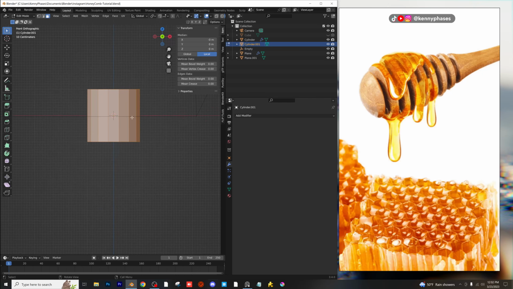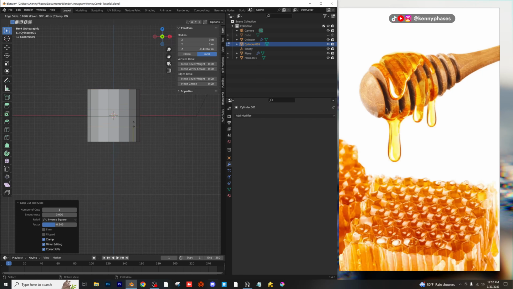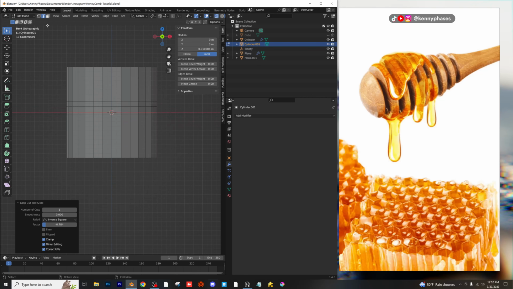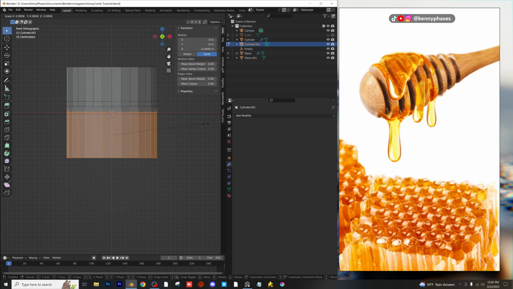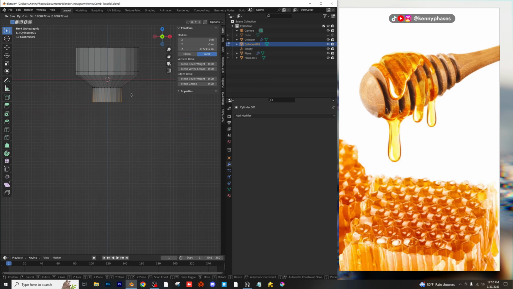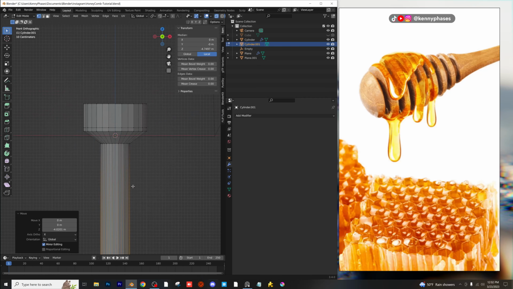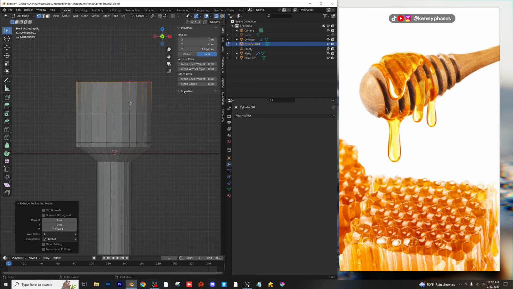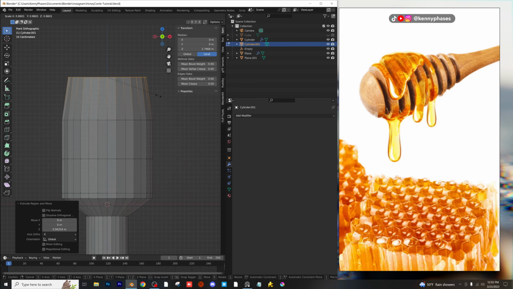So I'm going to head into edit mode here. I'm going to add a loop cut for the top, and I'm going to add one right under that. I'm actually going to add 3 loop cuts, and you'll see what I'm doing in just a moment here. So hop into your X-ray mode, highlight your vertices, and scale them inwards like that. Now take this bottom set and bring it all the way down. Take this set, E, Z, like that, and then we're going to extrude it one more time like so,